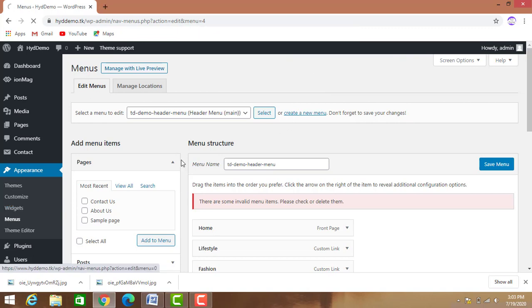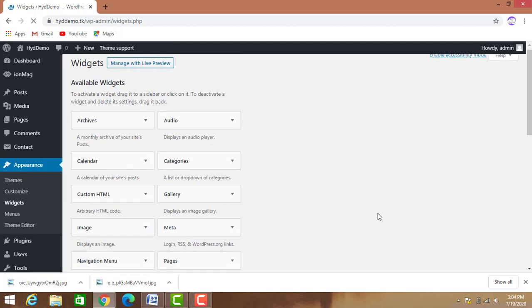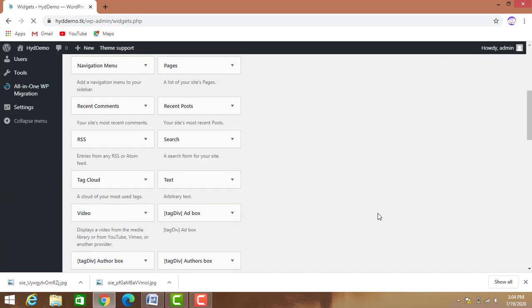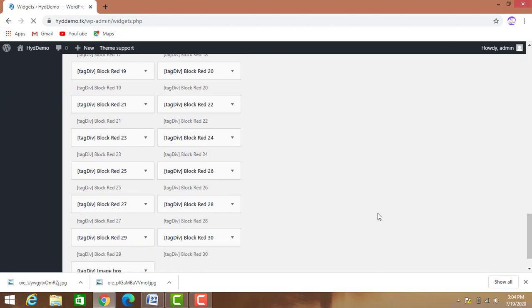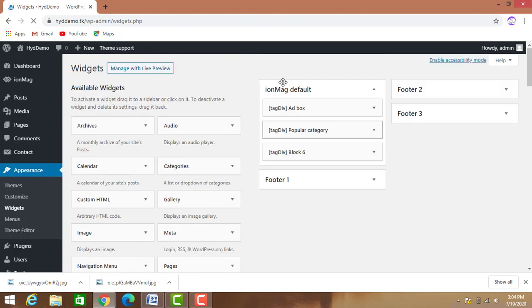widget options. Appearance, widgets. We have selected style 1 in the footer region, so it is simply showing only these 3 boxes.